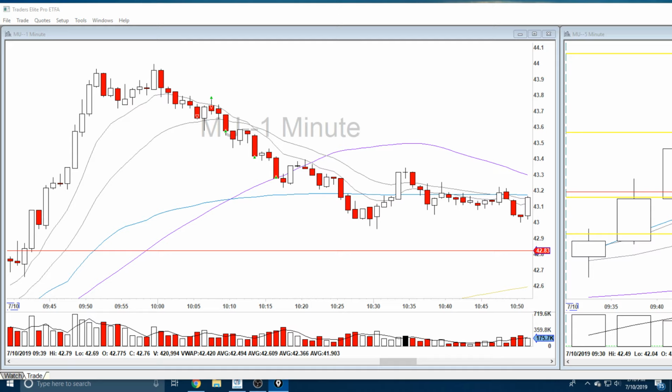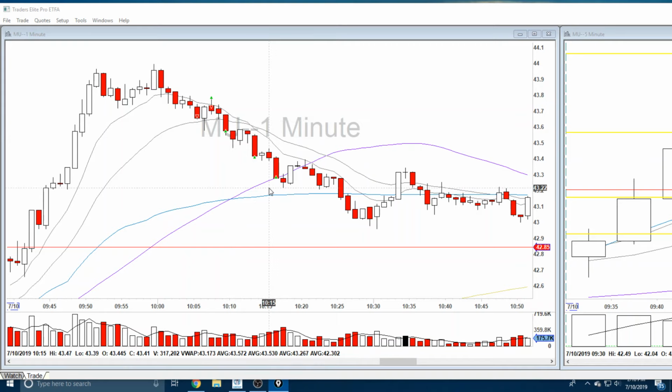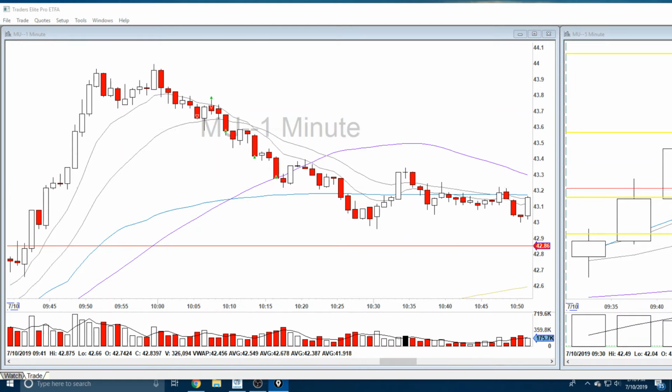I feel really good about my day considering it started frustrating and that I missed that big MU move. But I'm happy with my recovery there, and really liked overall the way I traded, although I think I left some money on the table with American Airlines on that last partial. But that was my day. I reached my daily goal of 1% of account equity. I actually went over that, so solid day.